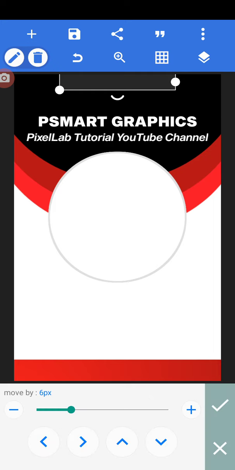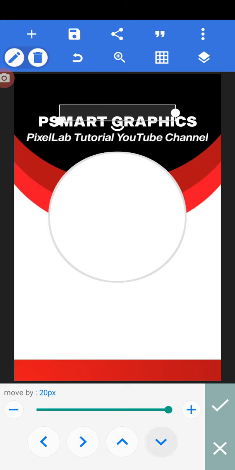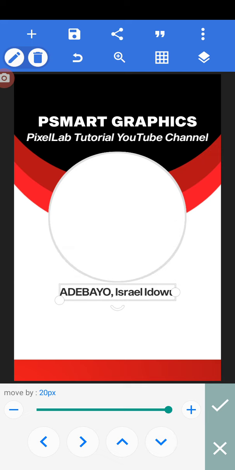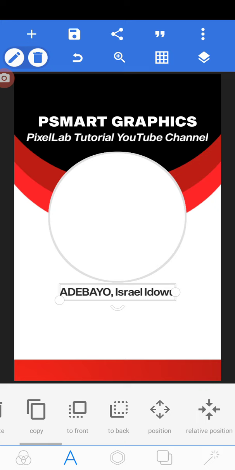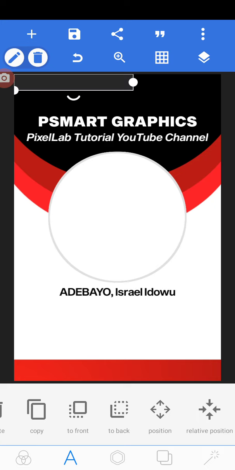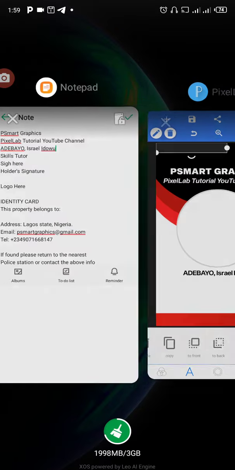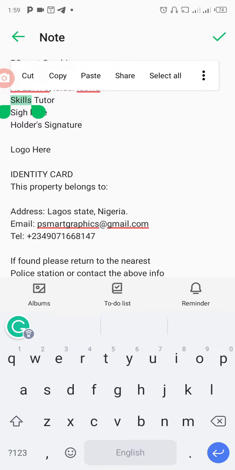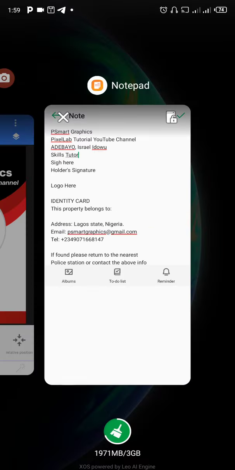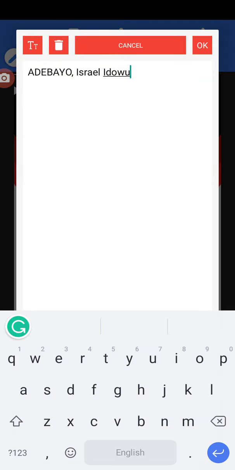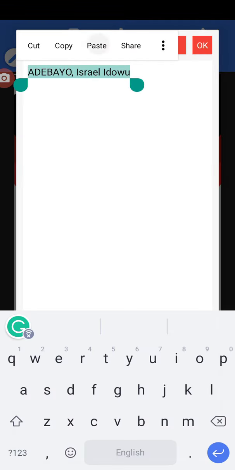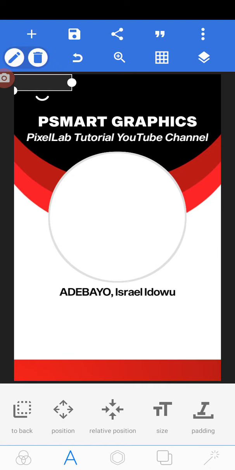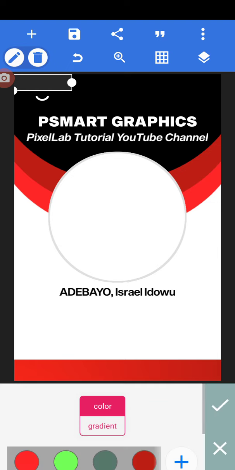Then take it, set the position to take it down. So let's make a duplicate of this text, then minimize to copy the next text, go back to it, then double tap on the text box to edit this, paste the one you copied, okay, then change the color of the text to red,